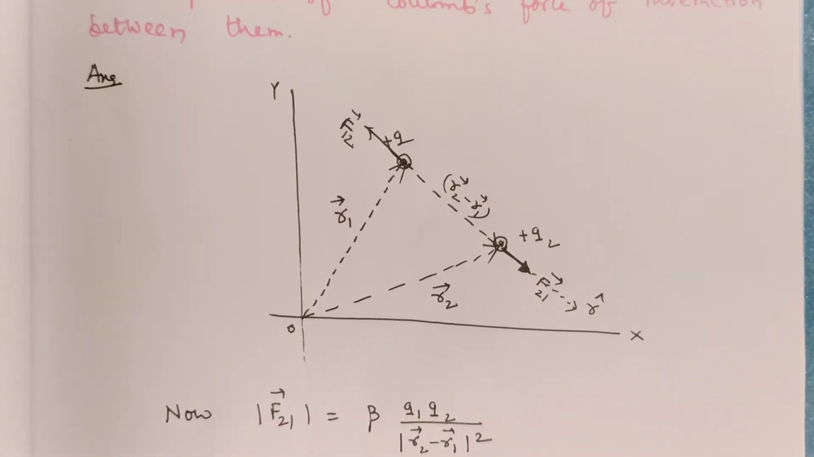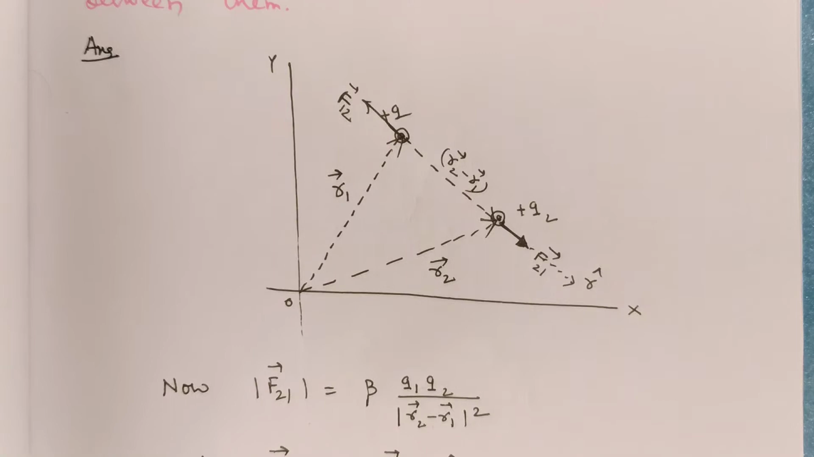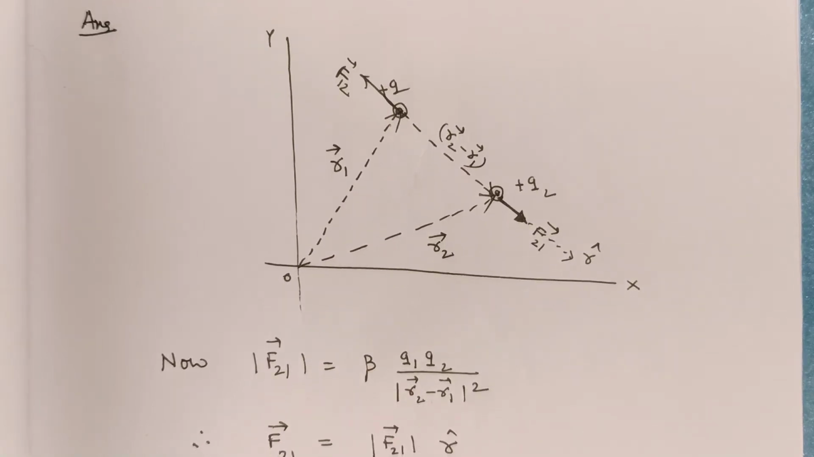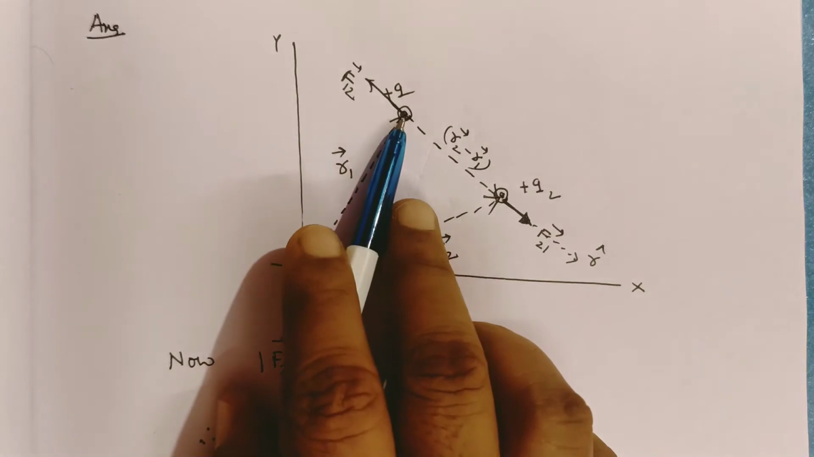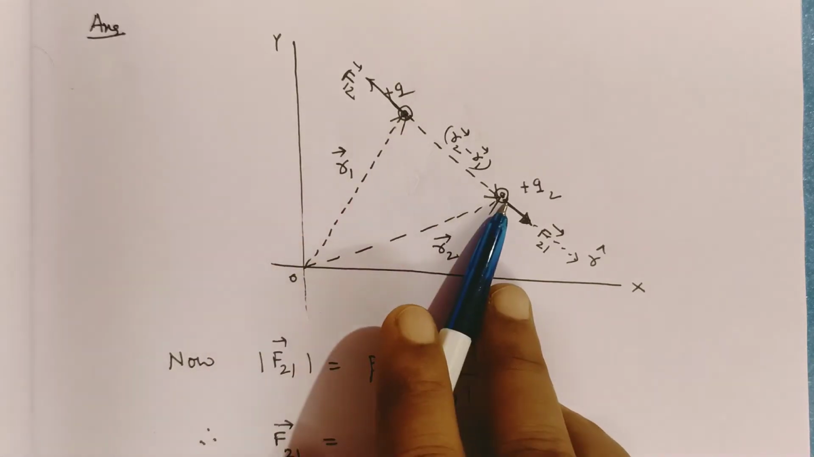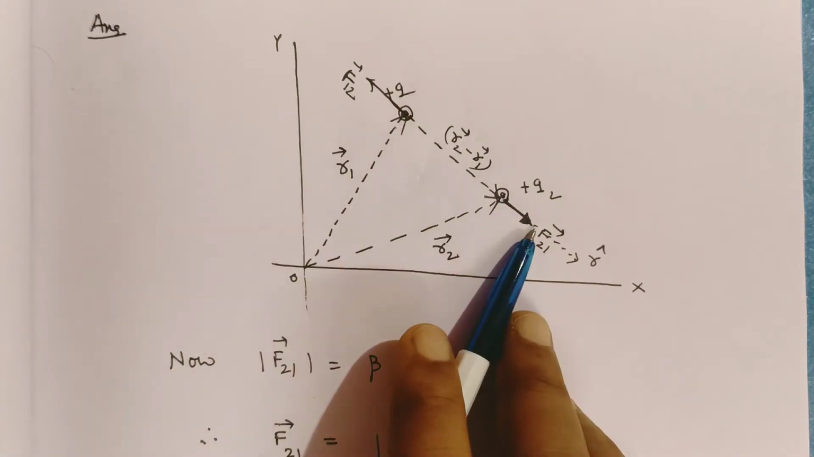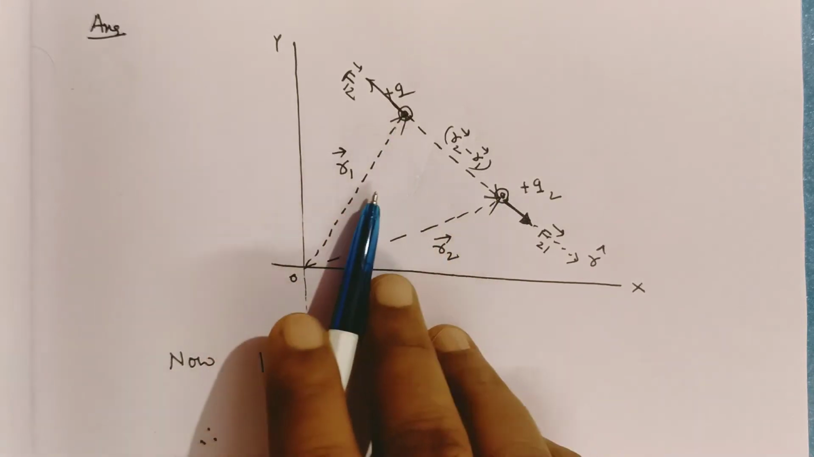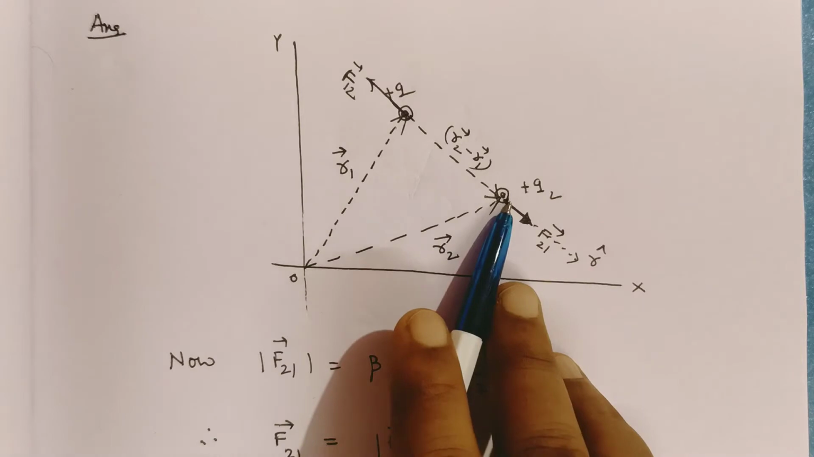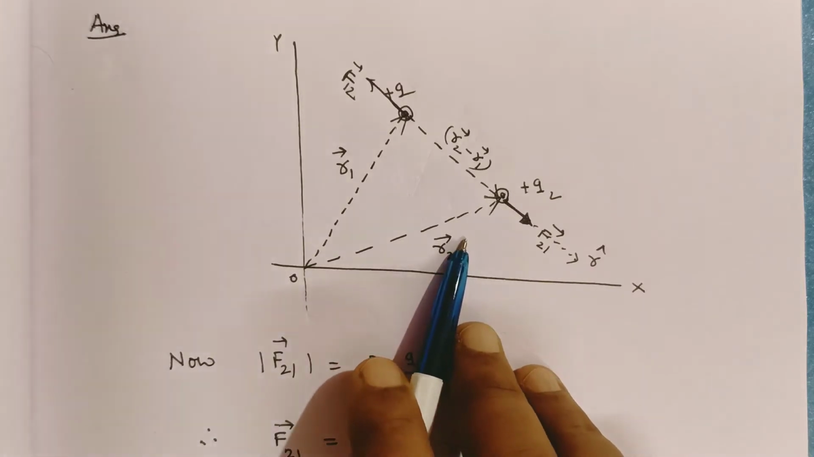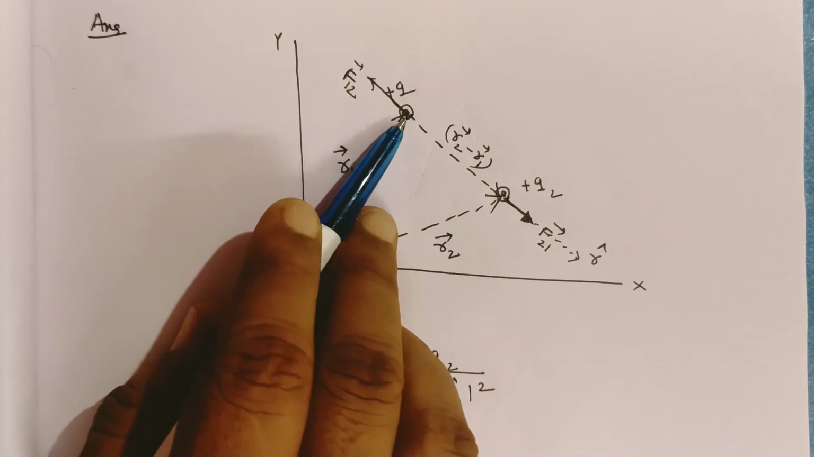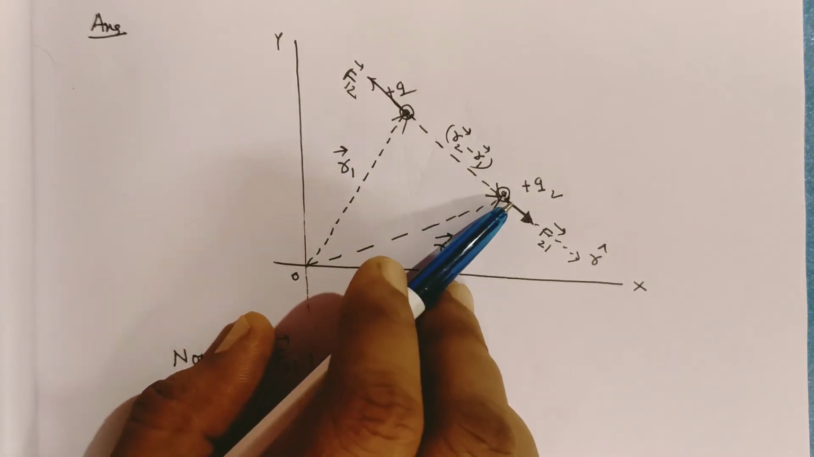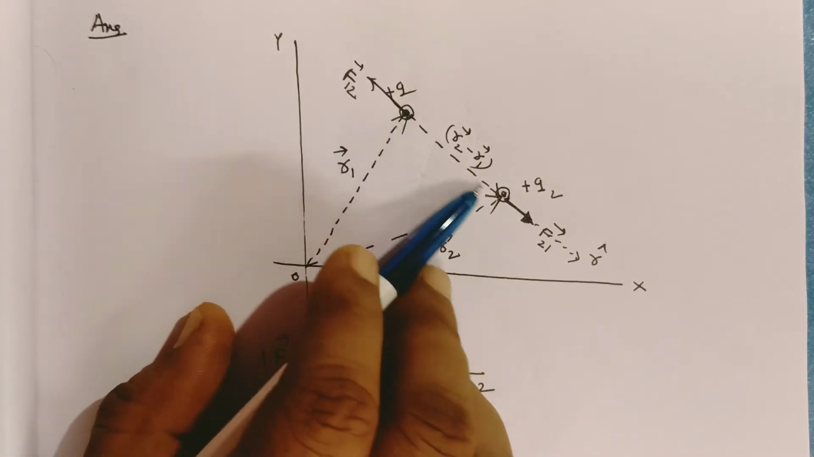First, we draw a two-dimensional plane, the XY plane. O is the origin. Q1 is kept here. Let Q2 charge be kept here. Both are of the same nature. Q1 position vector is R1 vector. Q2 has the position vector R2. Then you see, this is the distance between Q1 and Q2. If you represent this vector,